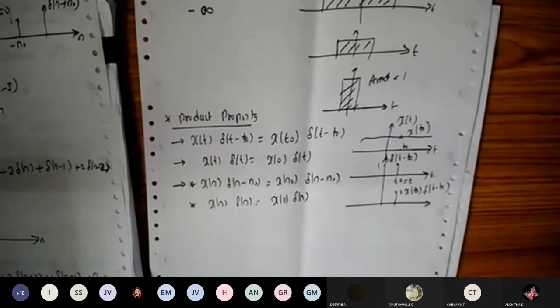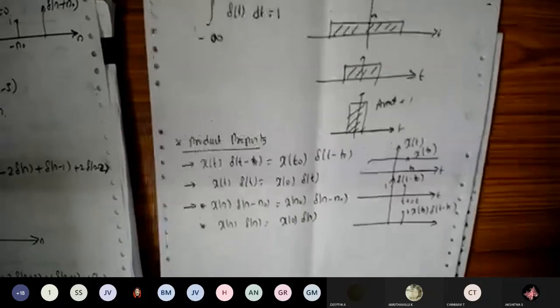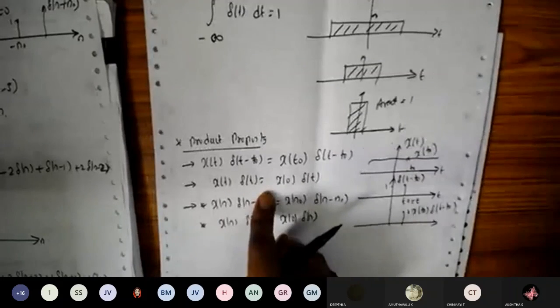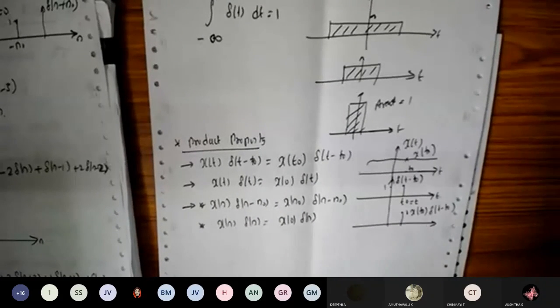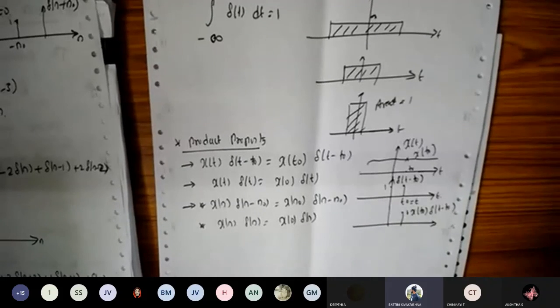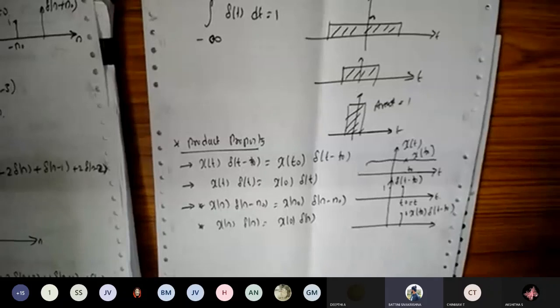Done. Any doubts? No, sir. Okay, so thank you. Make a note of these properties at the end of your notebook, and for the unit step function also you can make a note of that, because these are very important topics. Because just on this one we are going to do it.